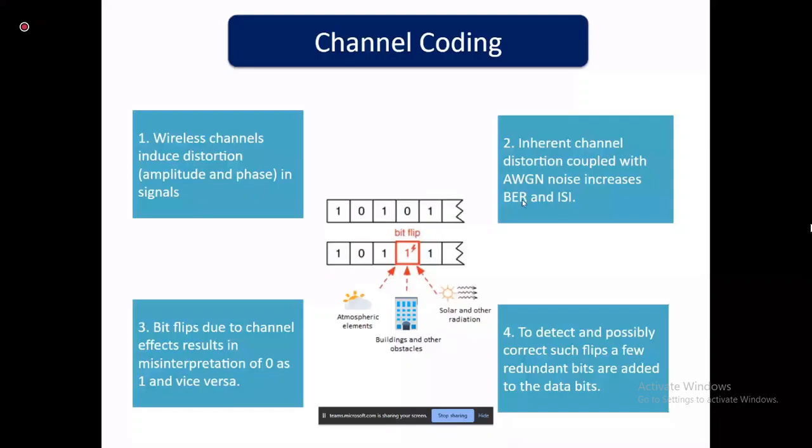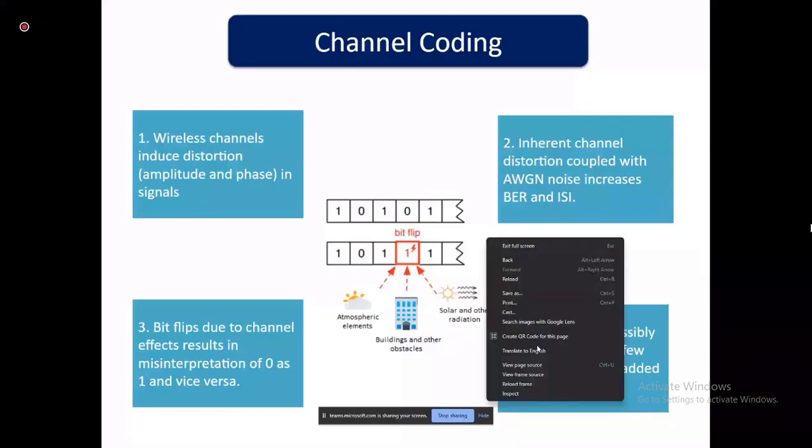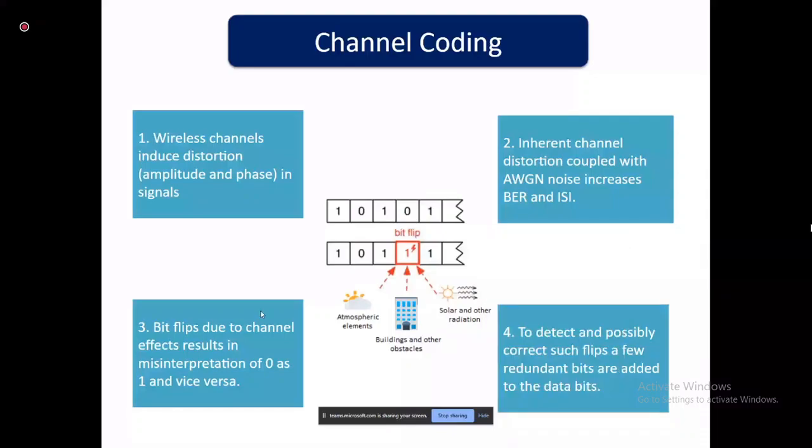Intersymbol interference I will address in a while. So for now, BER, bit error rate, means you'll actually get a lot of bits that are flipped. Instead of zeros, you have ones over here. So you will have to have some sort of method to correct for them. What we do is we try to identify these bit errors and then reverse them by doing something called